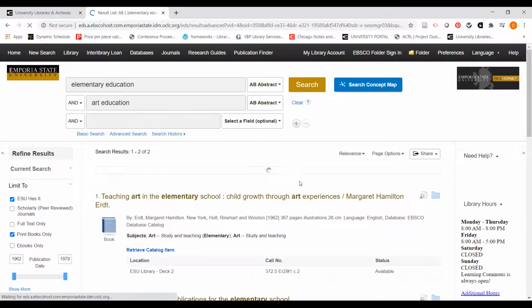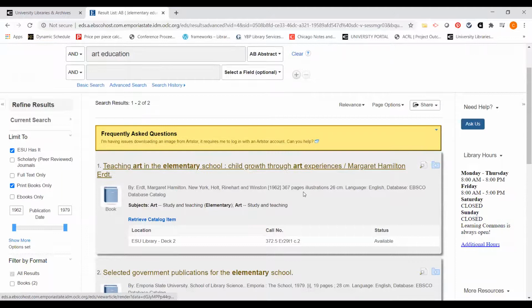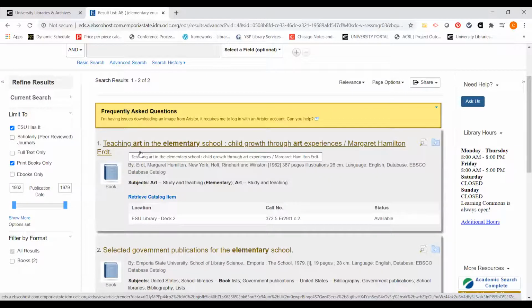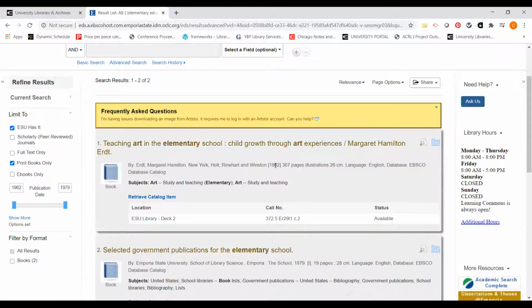I could always broaden my search a little bit more, but this is going to be perfect for what I want to show you. Now, this first one is a print book, Teaching Art in the Elementary School, Child Growth Through Art Experiences. I look to see when a book is published to see if it's going to be useful for my information need. Now, this one was published in 1962, so it might be a little bit dated, but it's a start because then I could browse and see if I could find similar books in the same call